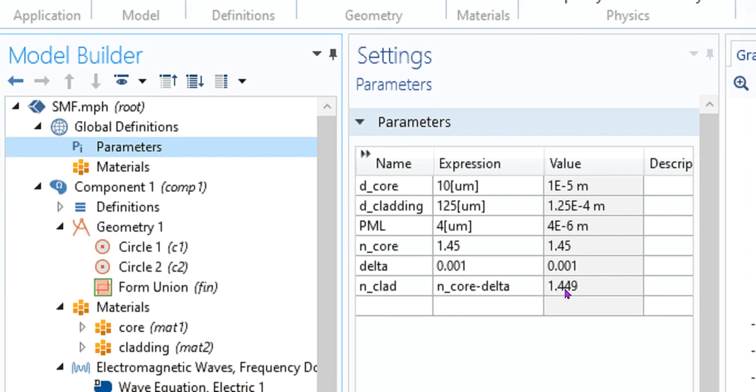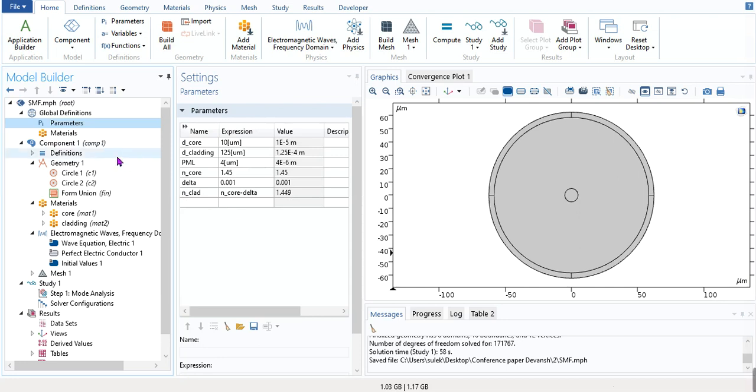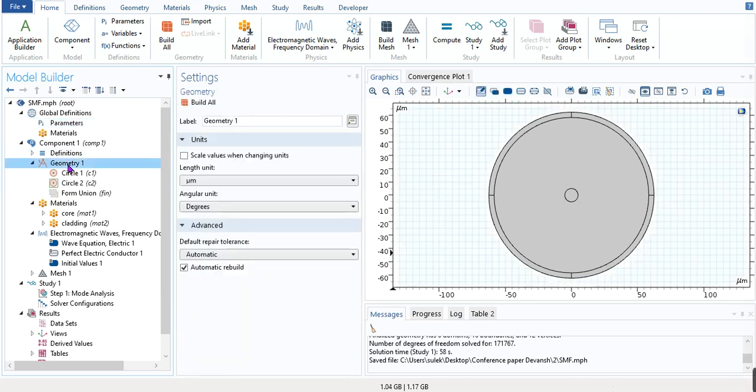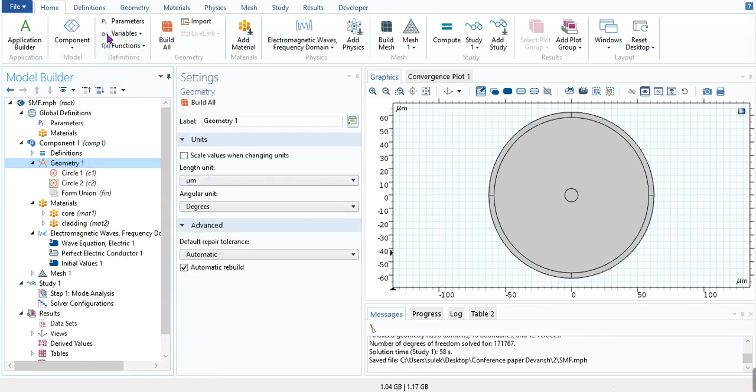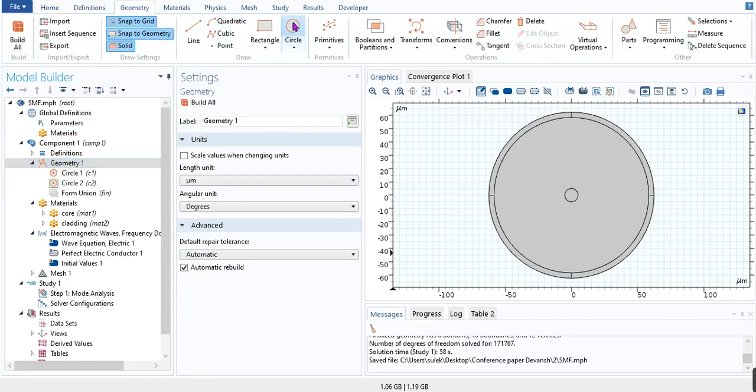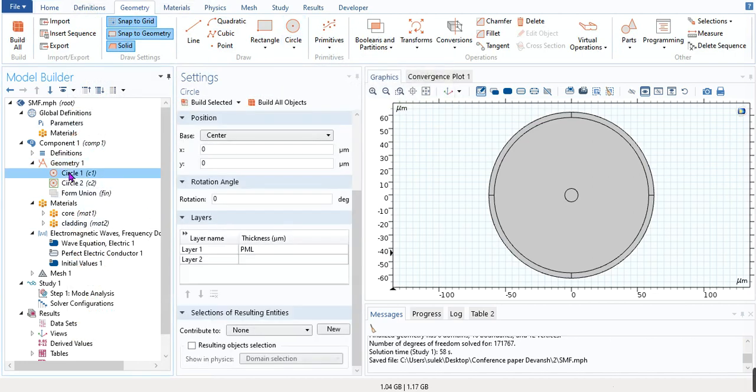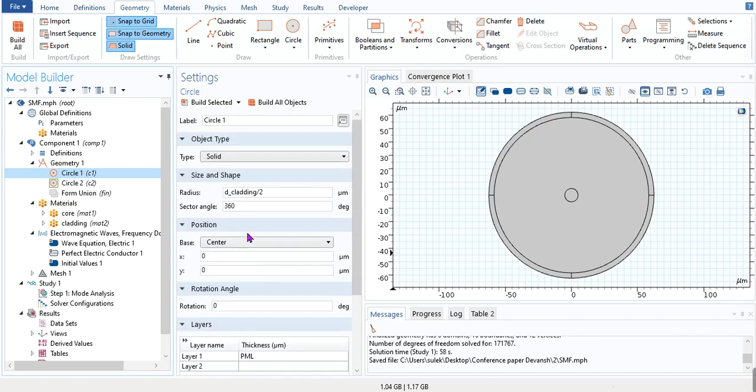After deciding all the parameters, you need to go to geometry section, and in this geometry section you need to build circles. So you just need to left click and click on circle from here, or you can go to geometry and there circle option is. You need to create first circle with a center of 0 0.